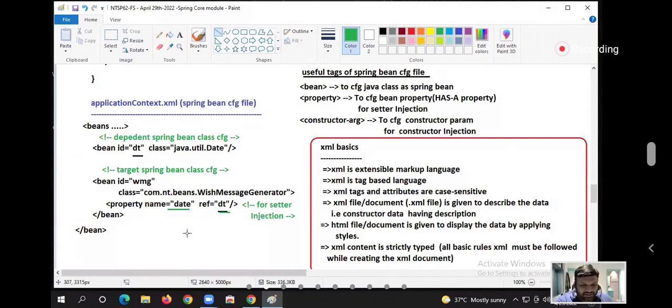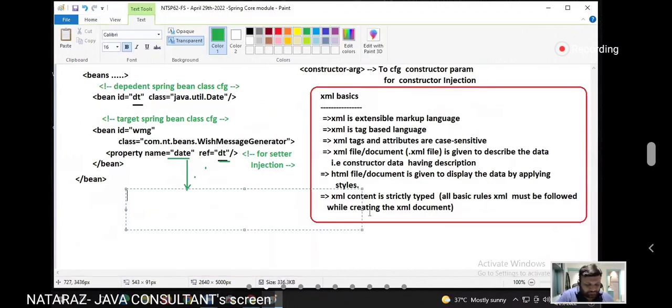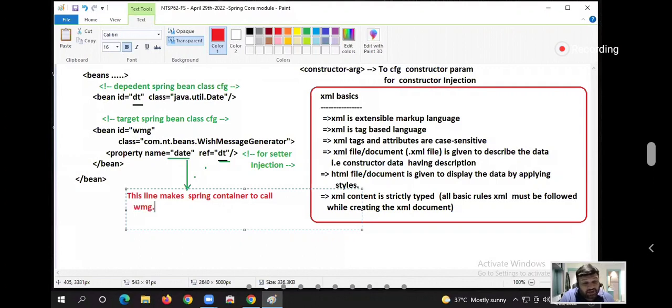This line makes the Spring container call wmg, the target class object's setDate. I'll give the complete flow later. Based on the property date, setDate is decided, with what, guys?